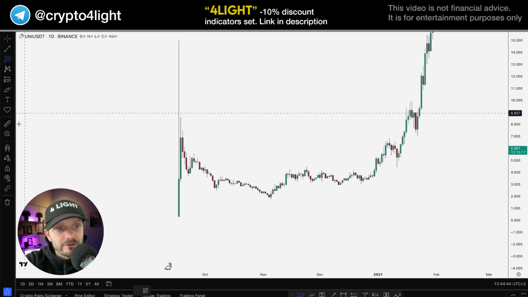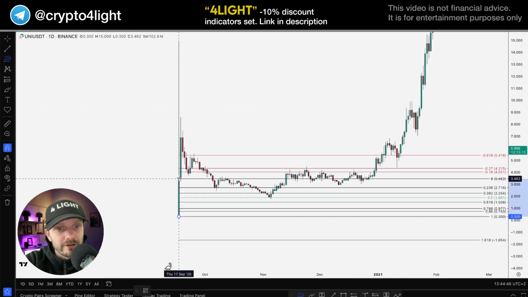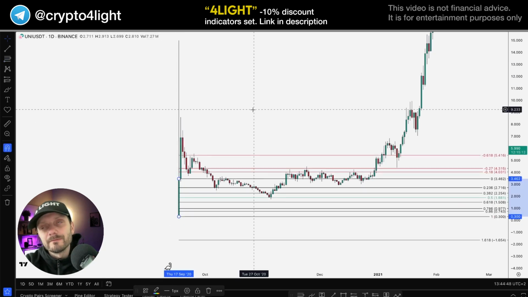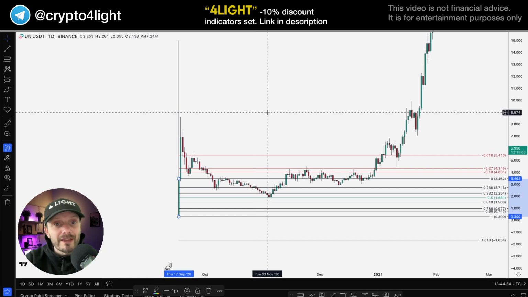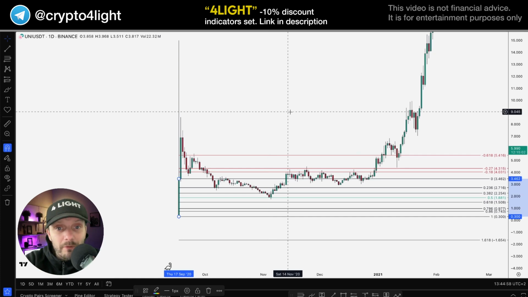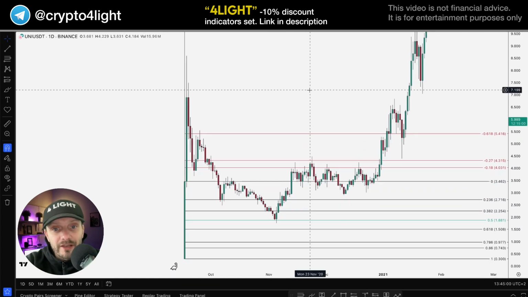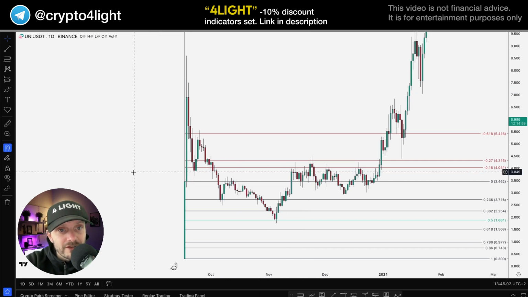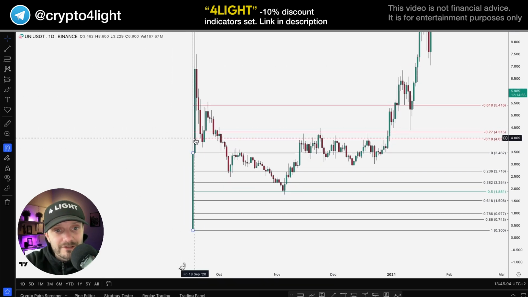So the initiation accumulation pump model is not something that exists only in this year. I used this model even before, and it works. That's why, if it works in 2020, in 2021, and I shared this now, the people still won't believe it. So absolutely everything is still the same. Take a look. It was the initiation accumulation pump model, daily time frame, Binance listing. Here we got a listing.